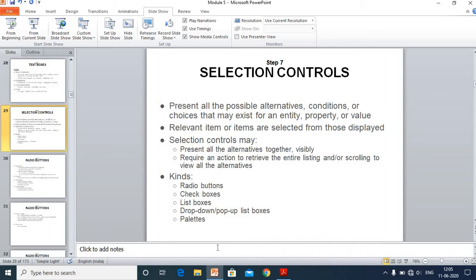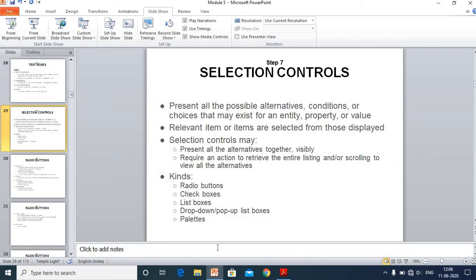So whatever we can do with our system can be considered as a control. Suppose I want to enter some text on the screen, or select some icon, or check some check boxes, or click on some radio buttons, all these things we can call controls. And sometimes we can call them widgets also.